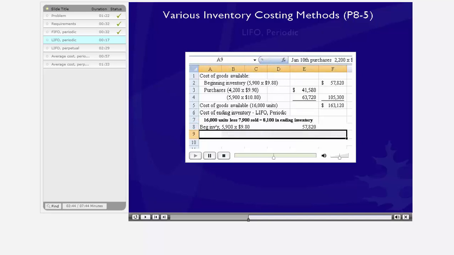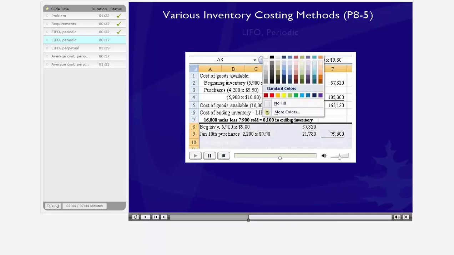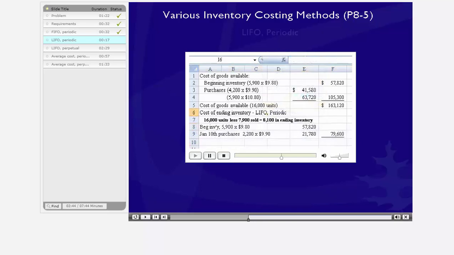Okay, and then if we add in January 10th purchases, oh, and I realize I have all of this highlighted with white in the back. I think it'd be better if we just leave it like that. Alright, then we have January 10th purchase of 2,200 units, and only 2,200 because we have to subtract off the